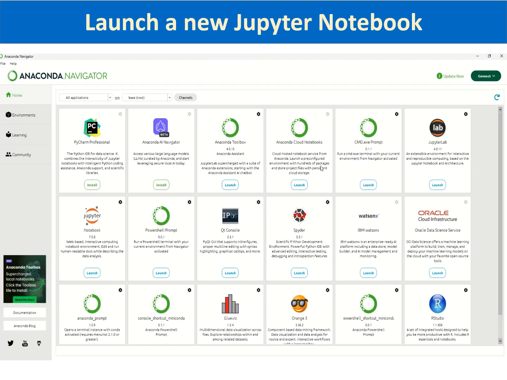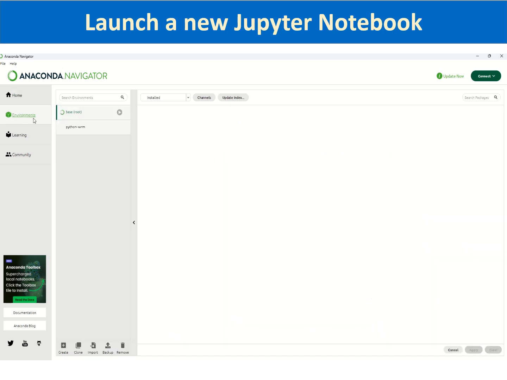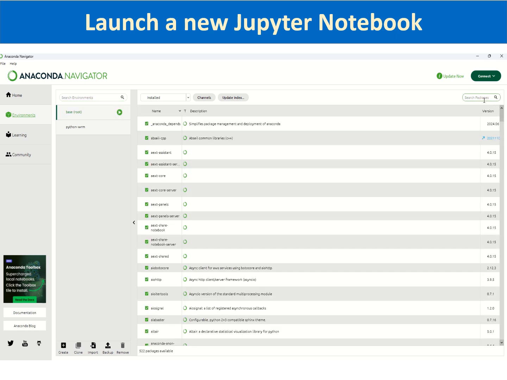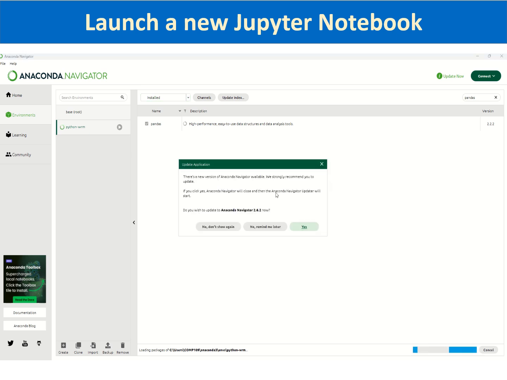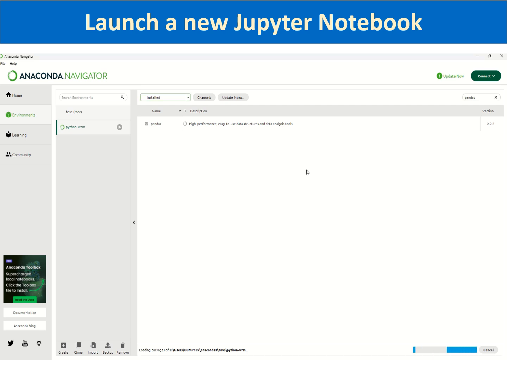Once it is launched, you can go to the environments, and the current environment is the base environment. You can check for Pandas, which has already been installed by default in the Anaconda distribution. Even in the Python WRM environment, when we created the environment, it will be there, but still we ran that command of conda install